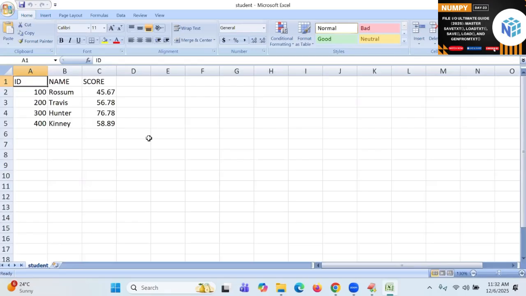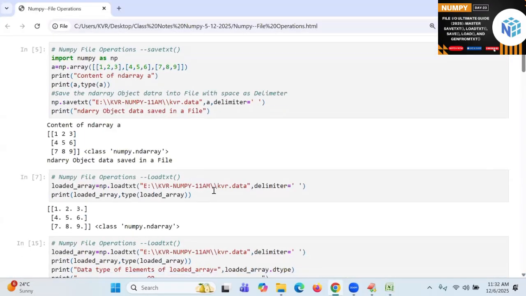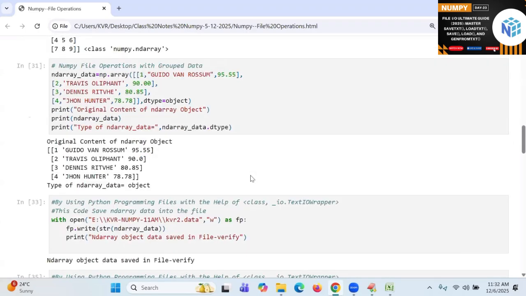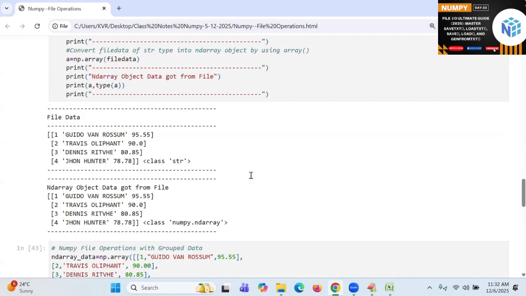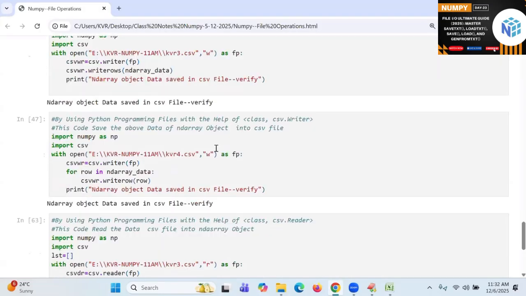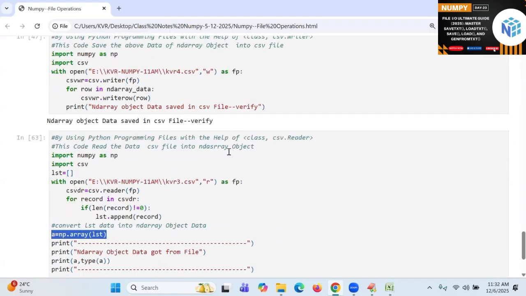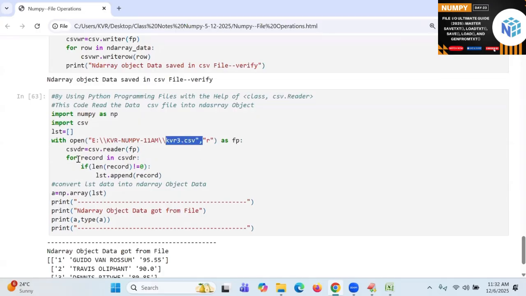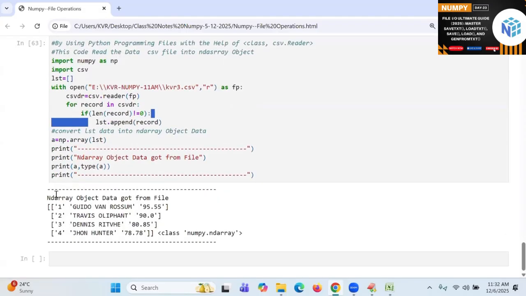Already I converted this. How did I convert? Go to our previous place once. Here I already converted. This is the example I gave you already. Reading the data by using reader, student.csv, I'm going to get the records. I already got it as it is. Later I converted it into what type? ND array type. This is one fashion.